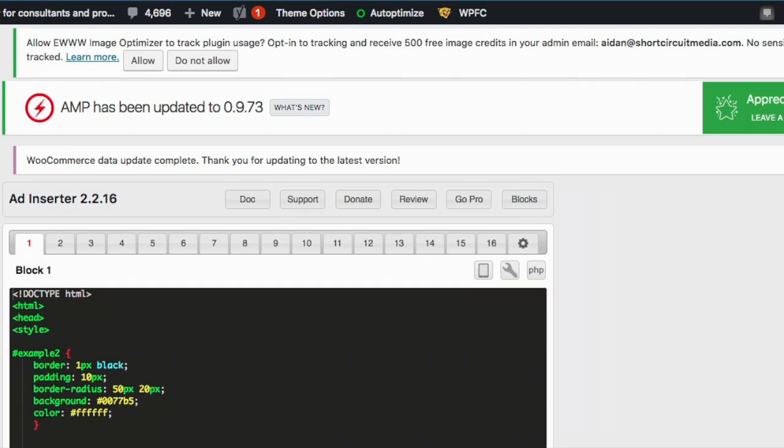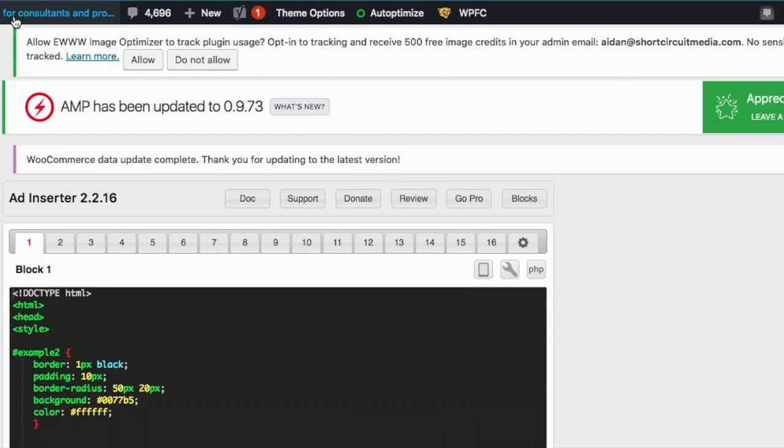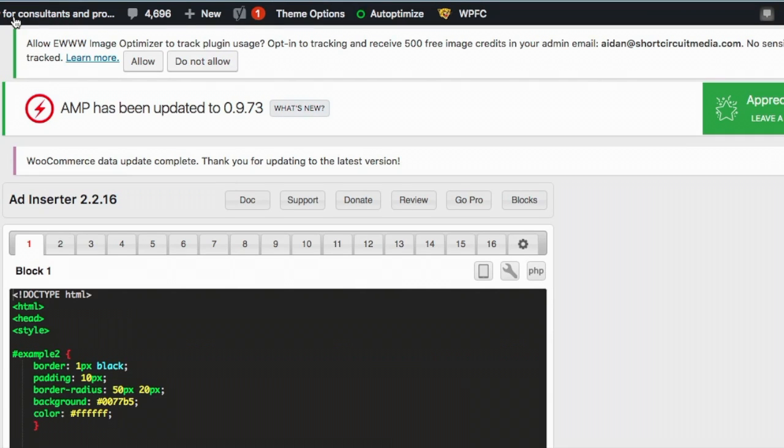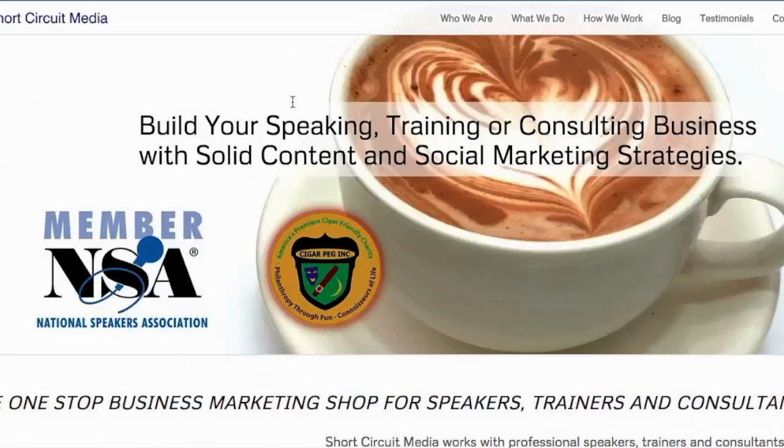So if I go to, let's see, I'm going to click on here. I'm going to go to my home page, and then I will go to a blog post, and I will show you exactly how this displays in your blog post. And the value of this particular plugin is that it adds a call to action into your blog post. So this should be coming right now. Let's go to a blog,